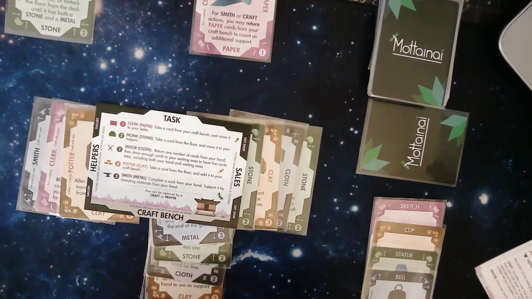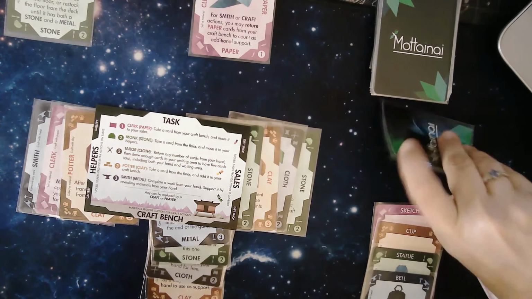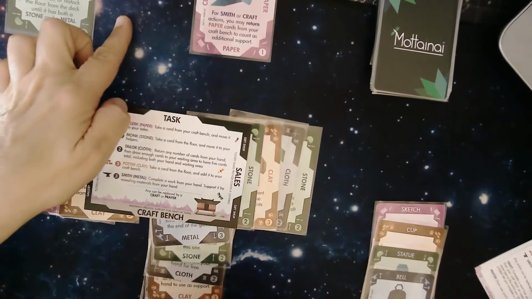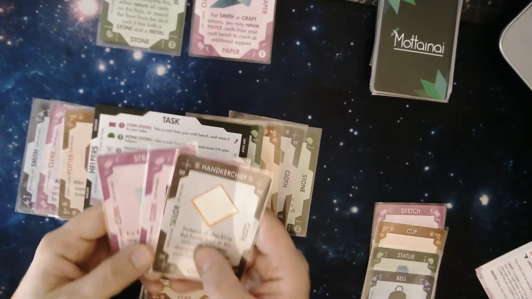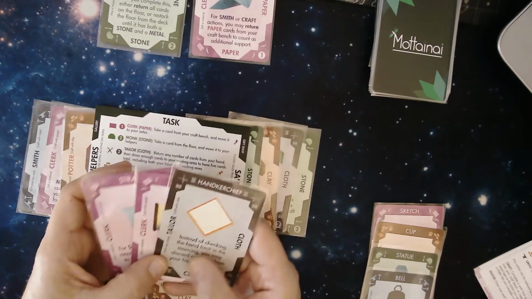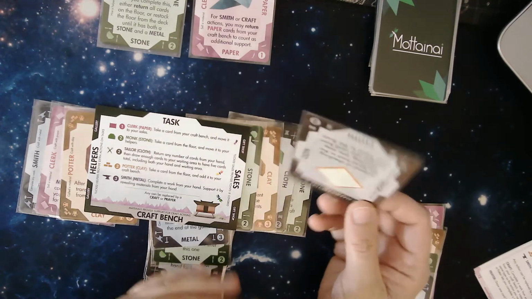So now I move into the night phase, pick up my card in my waiting area. And I have nothing to discard here into the floor, but I have another clerk card. And I've got a tailor. So at this point I could potentially pick up...